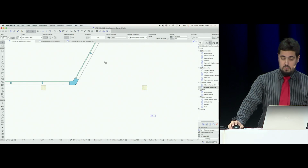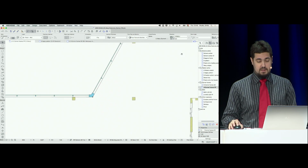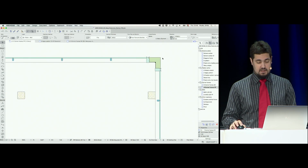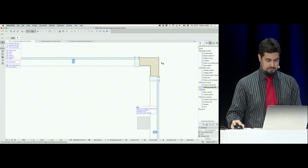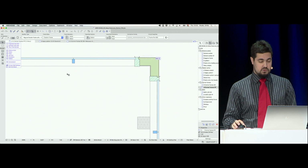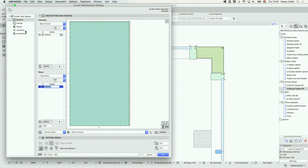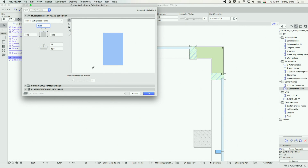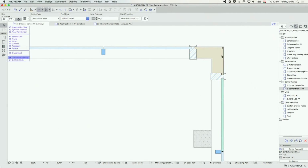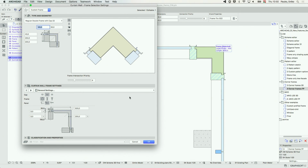The other most typical corner situation in curtain walls is a corner panel. Now this, in ARCHICAD, is solved by a complex element that is actually composed of a panel and the two frames encompassing it. This allows us to solve a lot of combinations with a single element. So I can just simply select my corner panel. Oops. Wrong settings. Again, wrong settings, just a second. There we are. So I can simply bring up the settings of my corner panel,